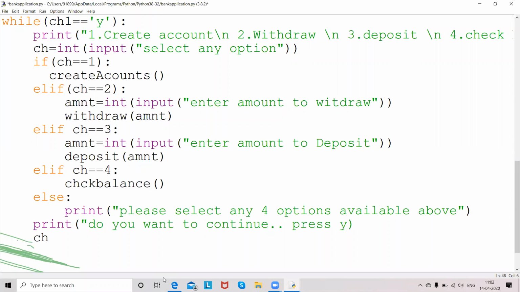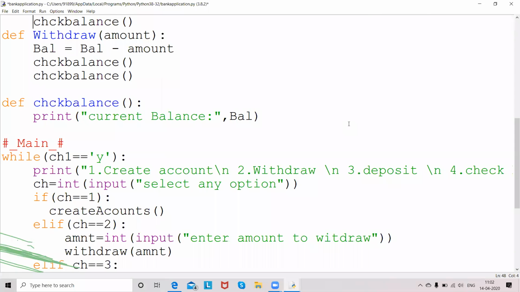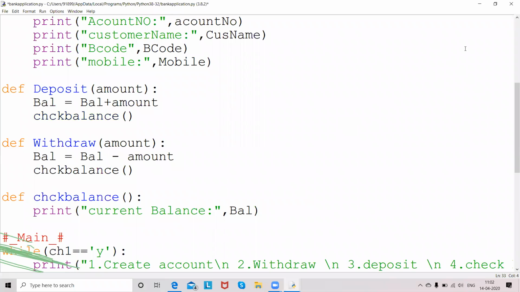Then ch1 is equal to input this. Now for the first time I wanted to enter into this, so I will be taking a variable ch is equal to,